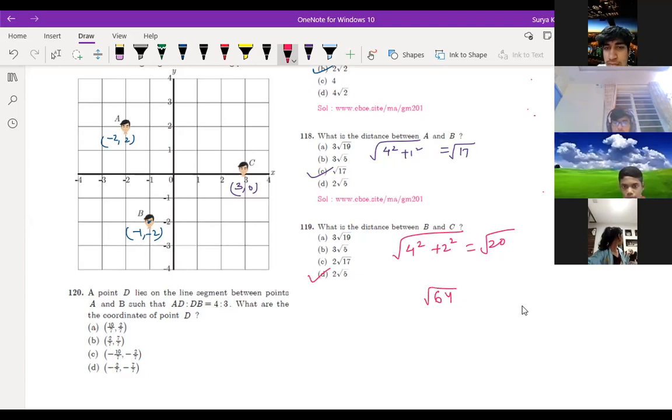What is root 64? Chanchal, tell me. What is root 64? 8, sir. And root 68? Root 68. Fine, and tell me fast. Children, all of you just message in the group the answer of 128th question. All of you solve this question number 120. Chanchal will tell me the root of 68. Others, you also tell root of 68.